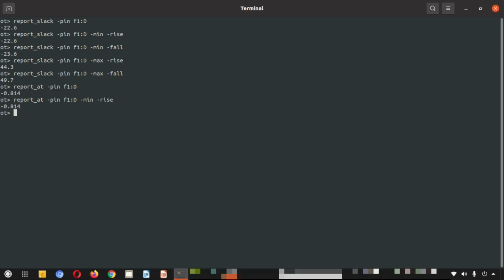You can see that this particular value was only reported when we have given no further switches. So now again we change the rise to fall. The value changed, the AT changed. Here again when I changed, it's different from the previous two values.